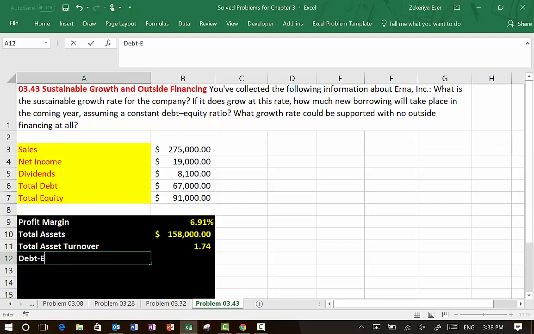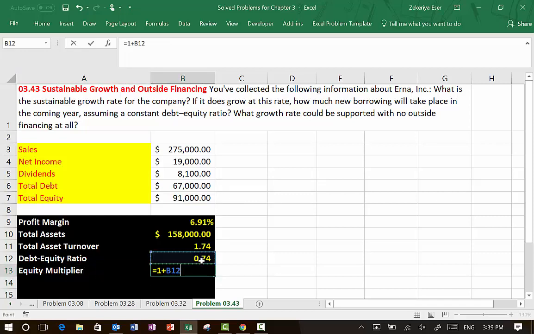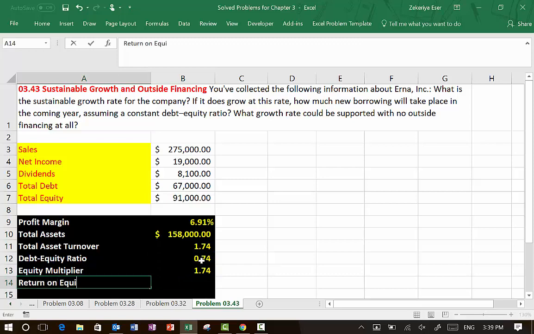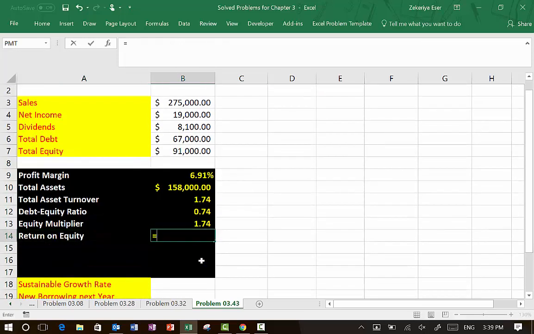Next, I need debt equity ratio, which is total debt divided by total equity, which in turn gives me equity multiplier, 1 plus debt equity ratio, hence return on equity, which is net income